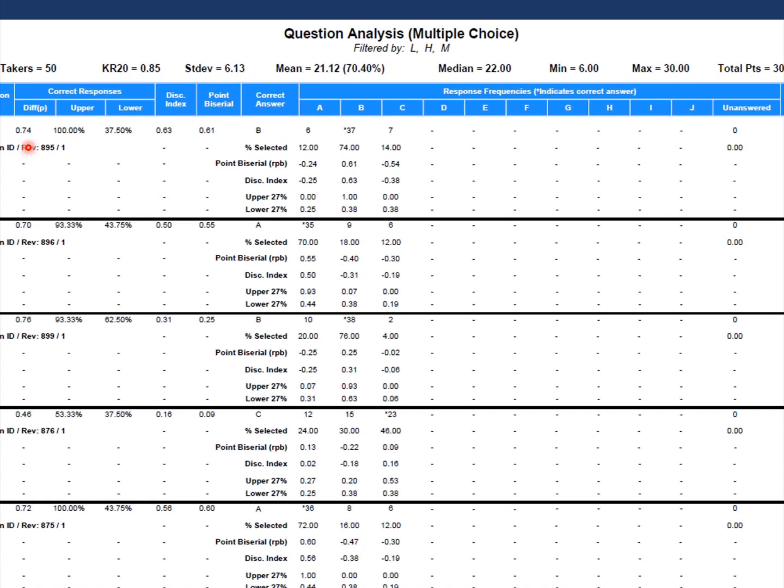So I have the item difficulty, that's my outcome attainment value. And you can see the responses from the upper and lower groups. There's that discrimination index we talked about, point biserial, and I get all that same information for option A, option B, and option C. So if I do have something that looks askew, I can use this to fix it. If you have a bad item because you violated the item writing rules and you go back and fix it, these numbers are all going to change. So even that really bad item that I had, if I fix it, I know it's going to change for the better.